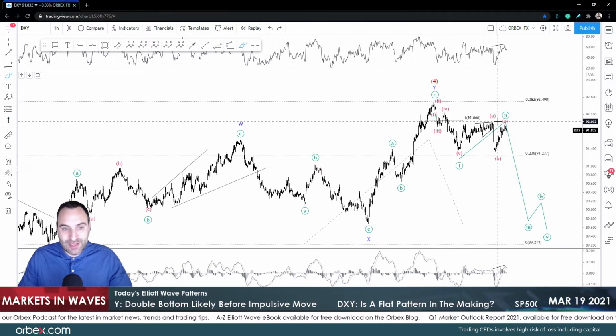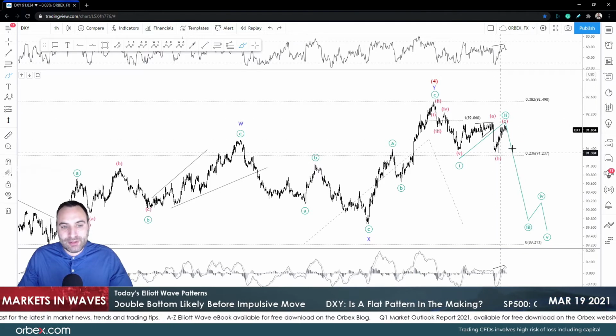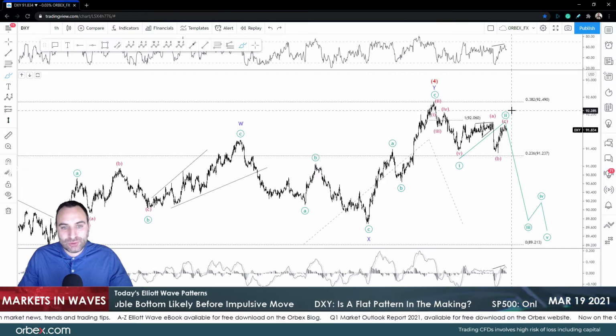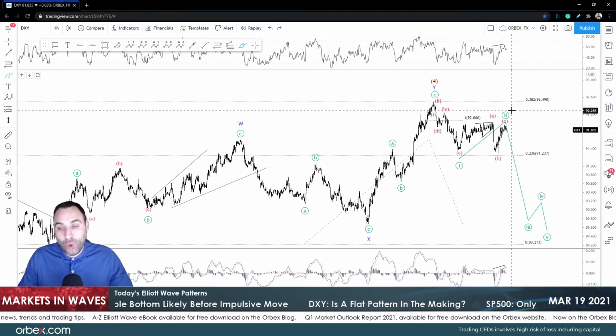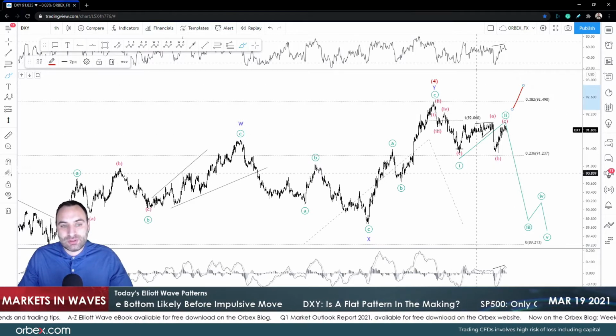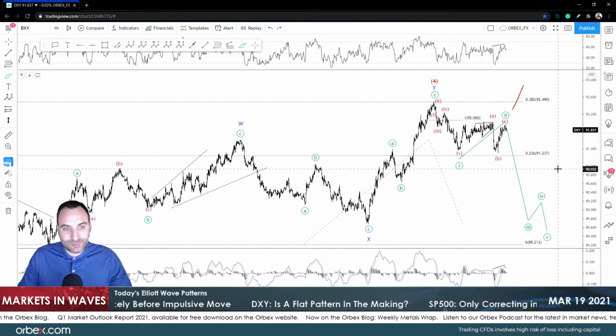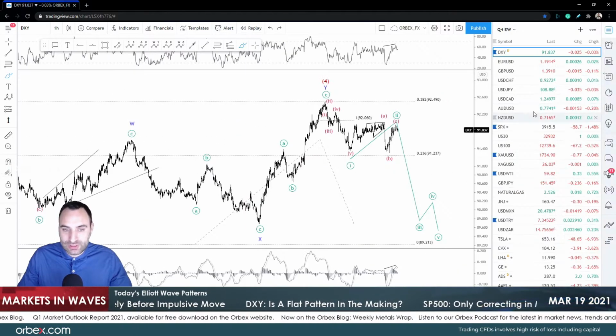So I'd really pay attention to continuation lower, and definitely not the break above 92.032. If that breaks, then things are most likely going to change. This would become an expanded flat, and then we would be expecting the 92.25 to hold. Otherwise, most likely this was just an ABC over here, and we're going to continue higher. So this is all for the US index, guys.